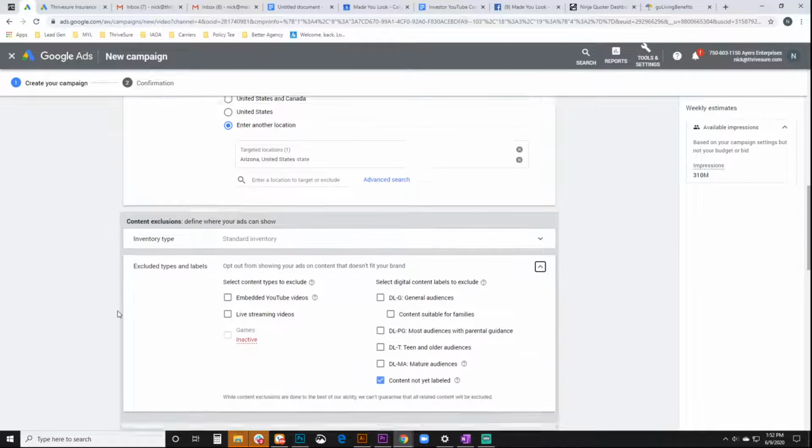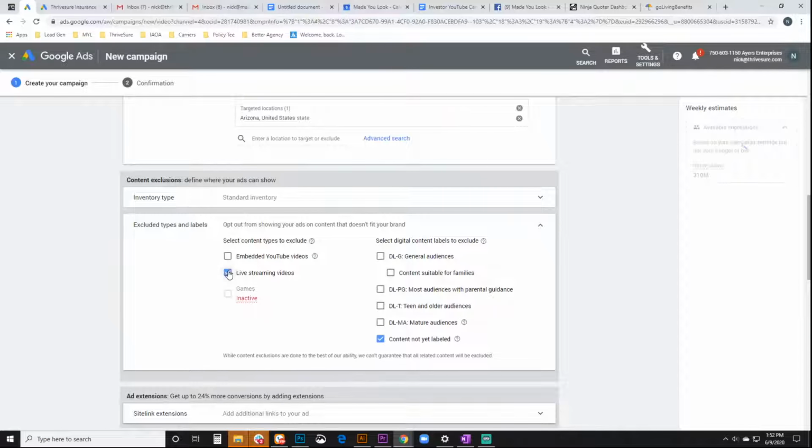Excluded types and labels. I'm going to exclude this on live streaming videos and embedded YouTube videos. So if someone's streaming like this video here,